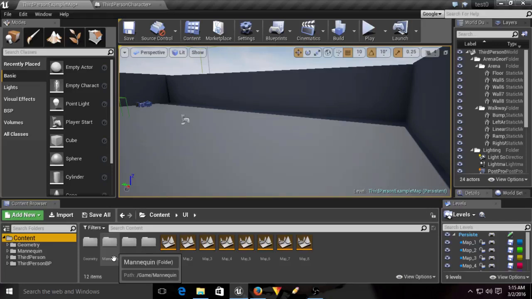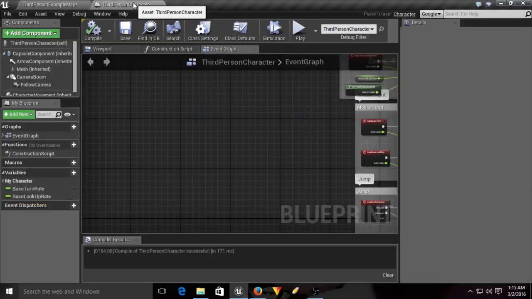Now today we're going to go over HUDs. We're not going to go over anything like changing the values and shapes and all that. We'll go over that in a future video when we do things like damage applications and EXP and all that. But today we're just going to simply get it onto the viewport so that we can see it and have them RPG ready. So the first thing we want to do is, I have my third person blueprint open,